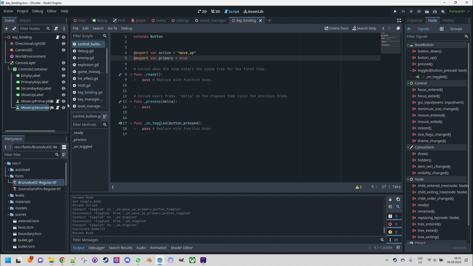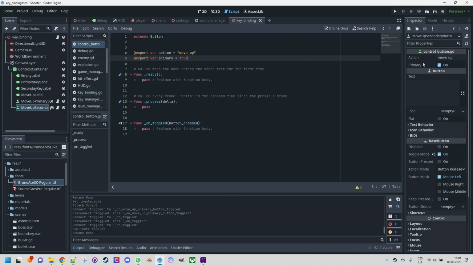Alright, now Ctrl S to save and switch back to inspector. It is already here, so let's select the primary button, and this is correct. Move up and primary is on, but for the secondary button, primary should not be on. Let's get back to the script,